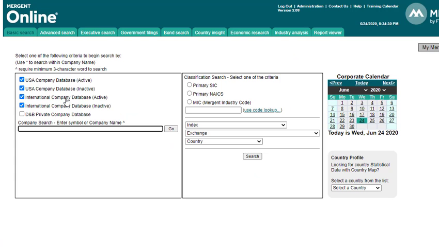The search screen defaults to a choice of a basic company name or industry search, but an advanced search can be chosen from the blue tabs across the top of the page. An executive search, government filing search, or industry analysis may also be chosen. The executive search is an excellent source for brief biographies, executive compensation, and more specific details about top employees of